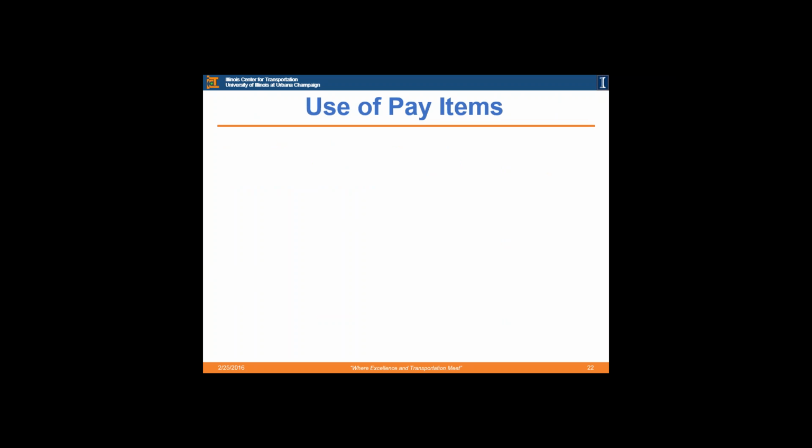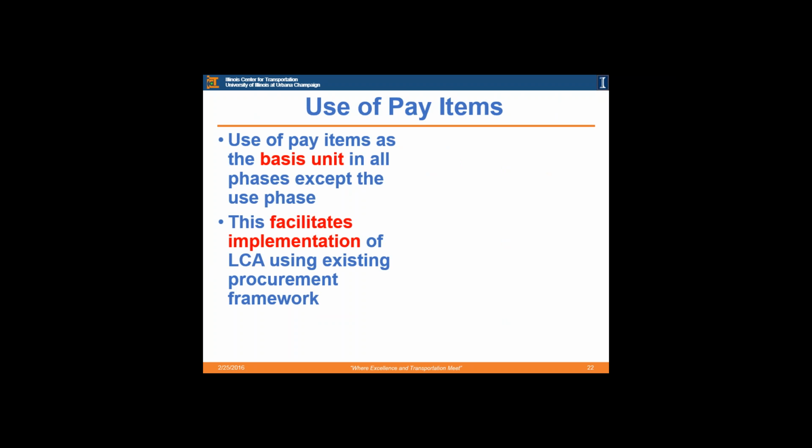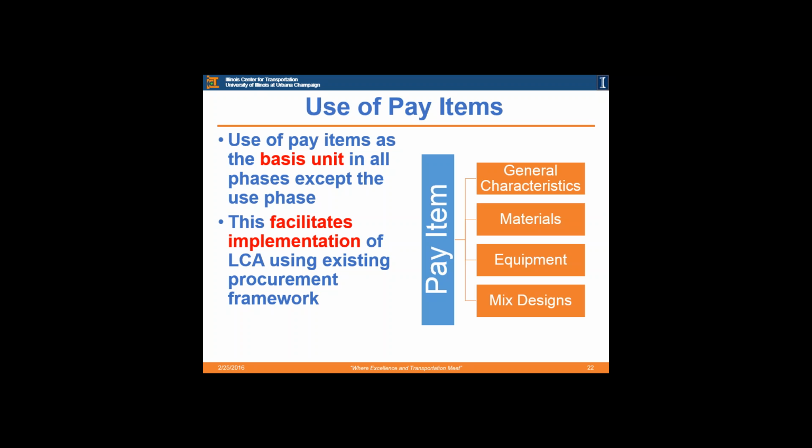So we decided to use pay items as a basis for our tool because it is used widely by contractors and agencies at this point. So it would facilitate the implementation of LCA into the existing framework that agencies use right now. For the pay items, we defined it using these 4 different components: the general characteristics of the pay item, the materials used in the pay items, the equipment, and then the mix designs if applicable. We'll get into that a little bit more because that kind of forms the basis